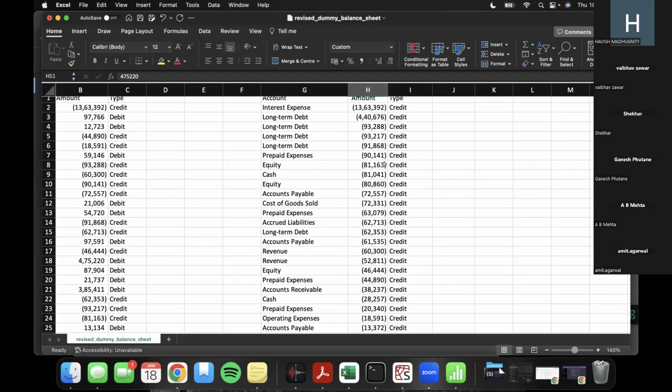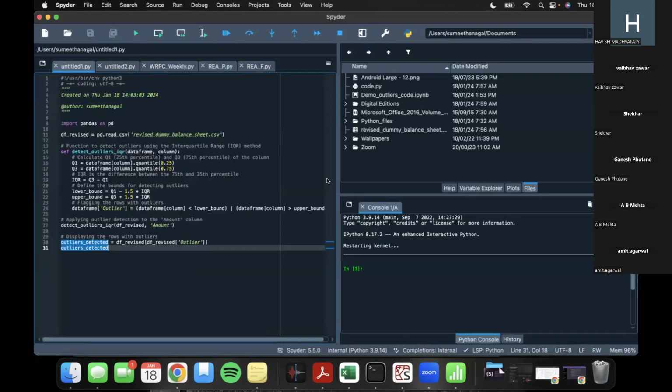Is there a way to track this? Is there a method that we can use? So I'll just show you a simple Python code which will show you how to identify the outliers. What I've done is I have bucketed this data into 4 buckets, 4 quartiles. The technical term is quartiles, so that we break it into 4 pieces and we exclude the outliers, right? So if I just run this,